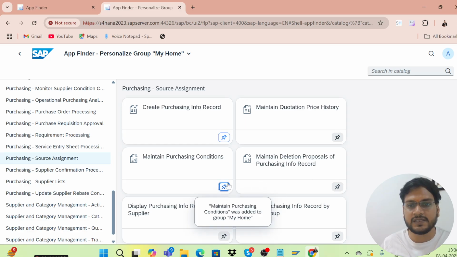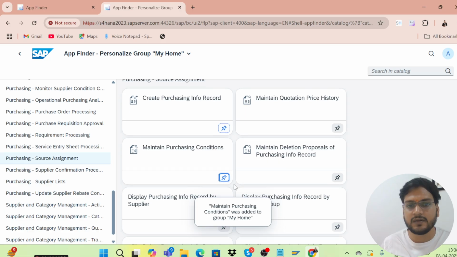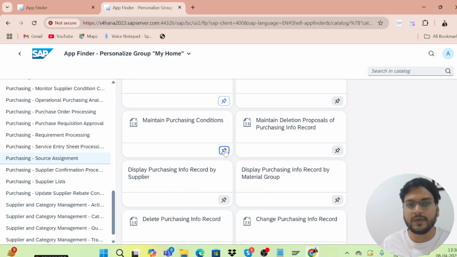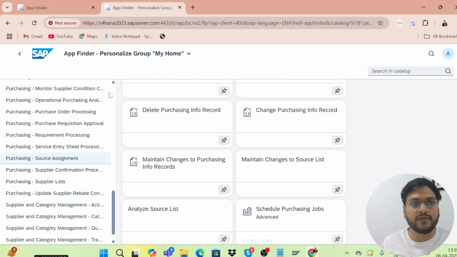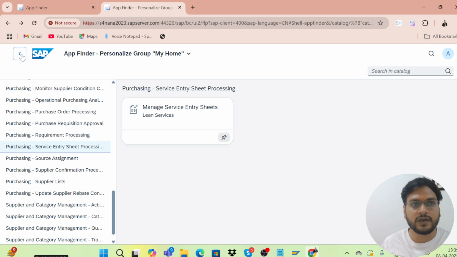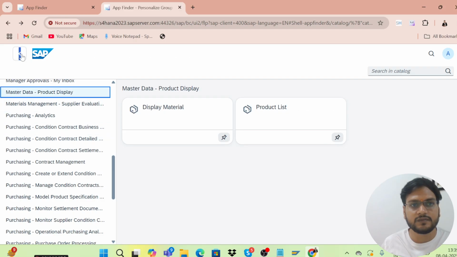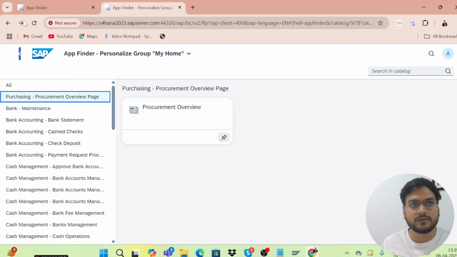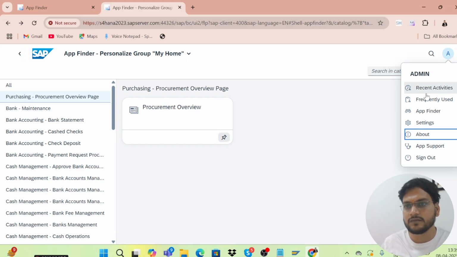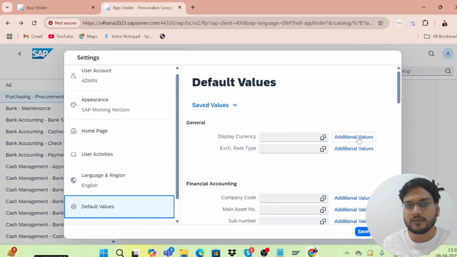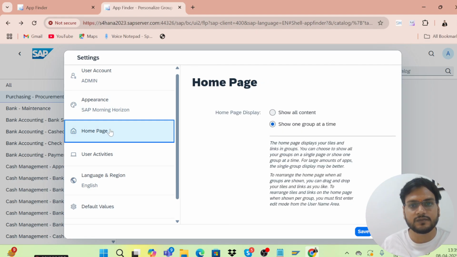If you want to pin this tile also, we can pin. Now if I go back to that home screen, one group at a time.